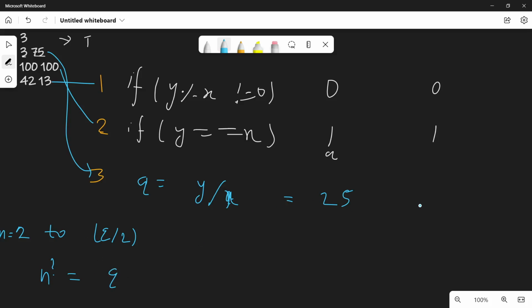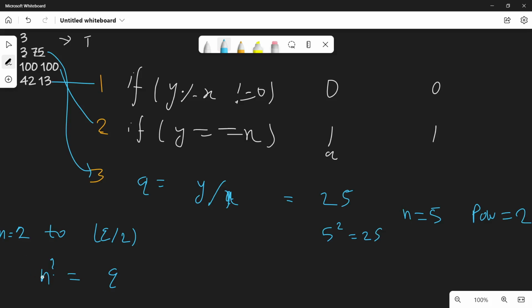In this case n is 5 and the power is 2, which means 5 to the power 2 equals 25.